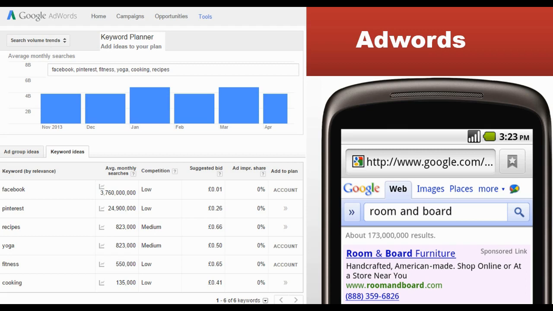So in other words, before people have been able to discover our content, we can push it forward by using Google AdWords, and that will actually help other search engines like Yahoo, Bing, and a range of other search engines to index our content a lot quicker. And this is actually a proven fact. You can do some research about that on the internet. It's very interesting to see how this works.